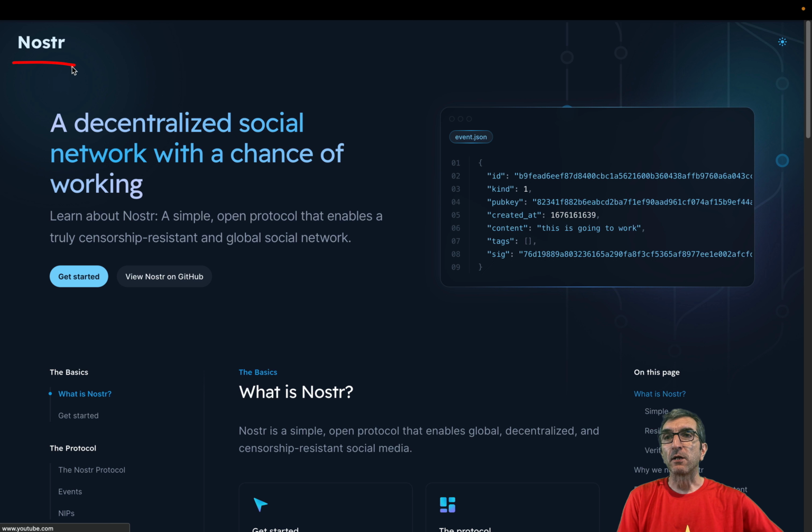Nostr, or however this is pronounced, Nostradamus, is a decentralized social network with a chance of working. It's a simple open protocol that enables a truly censorship resistant and global social network.